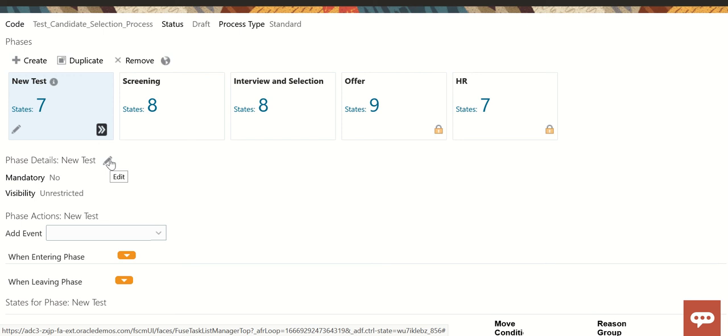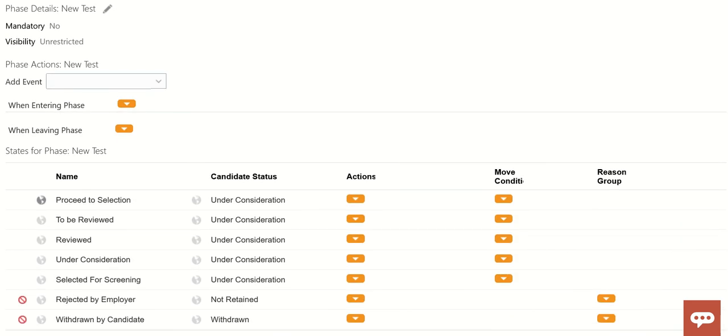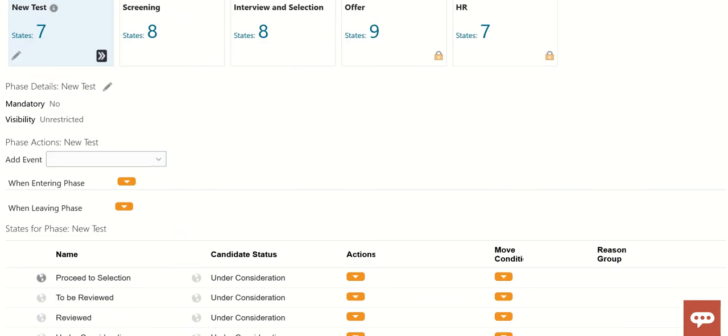If I say this is a mandatory phase, the recruiter cannot skip it. He has to take the candidate through this phase. We cannot make the states mandatory. As of now, we have not been given that functionality.